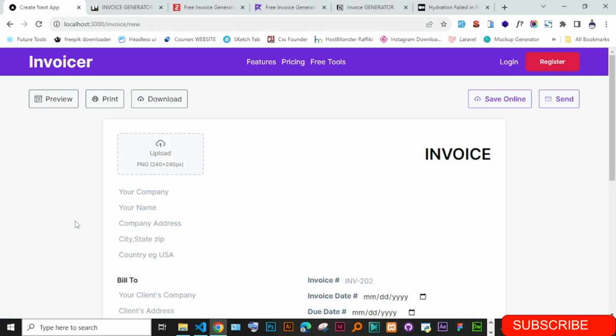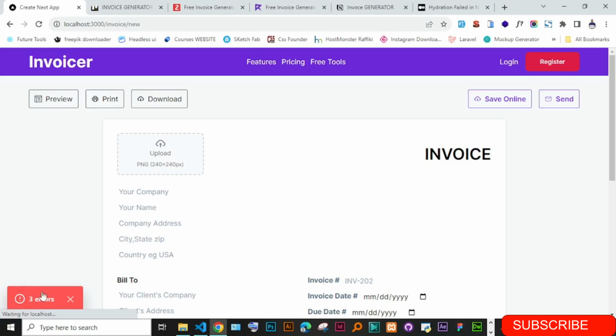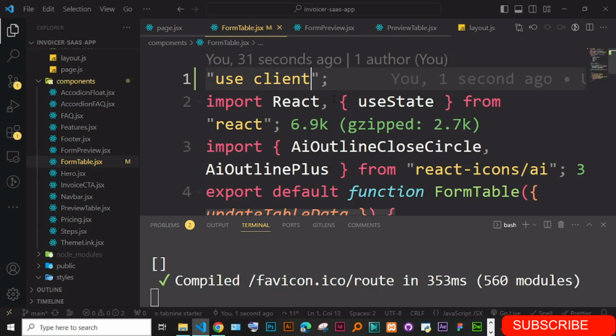Yep, so the problem seems to be, nope, it is still there. Okay, just explain this error in general. So what happens is, if you're having these components which have use client,